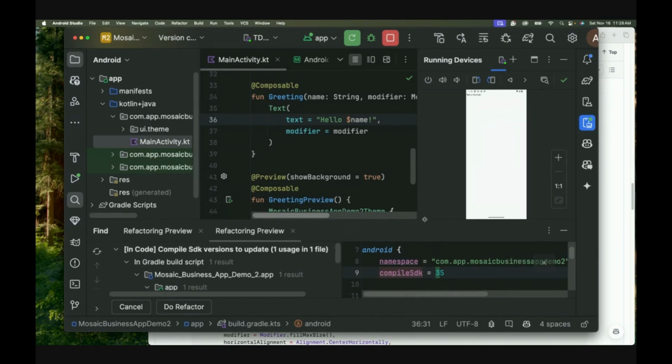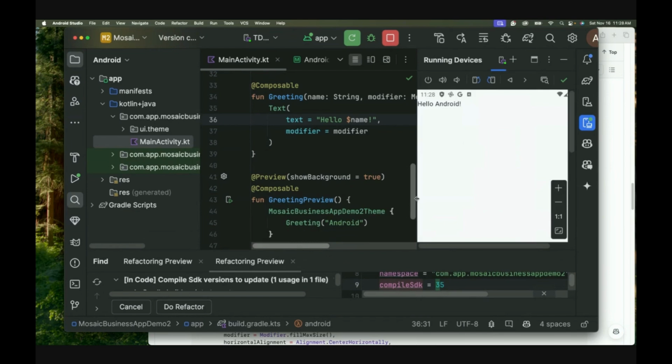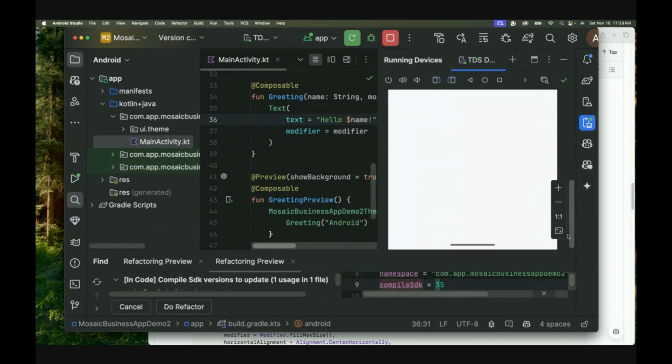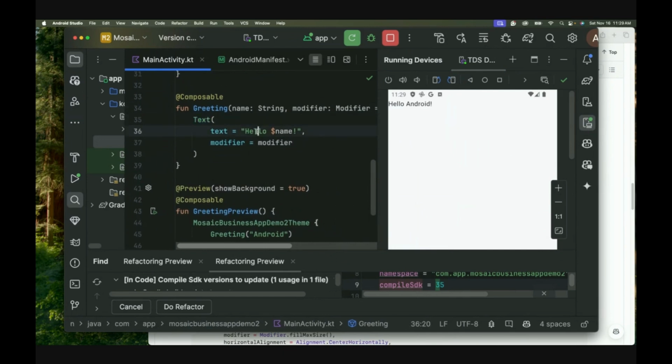Okay, so let me just try to make this much bigger. As you can see, the app is running and it's very basic. It's just a plain UI and it says hello world. And if you notice here, this is what it's doing. We have a text that says hello, and then we have a name that is passed to it,